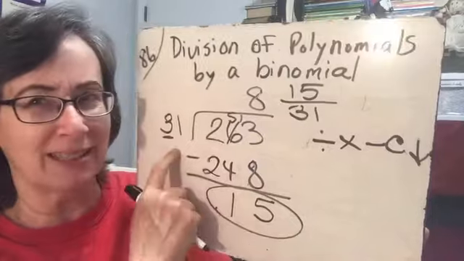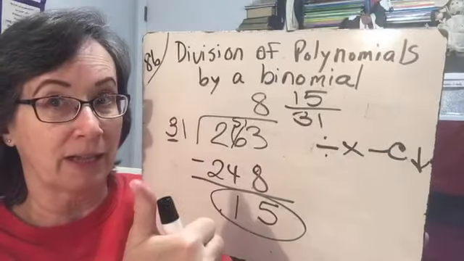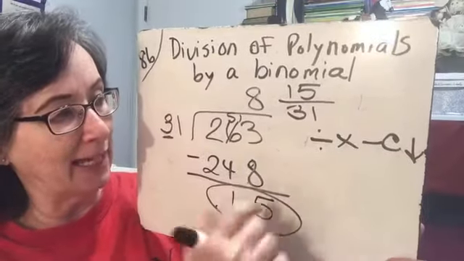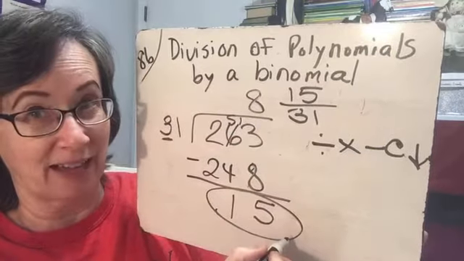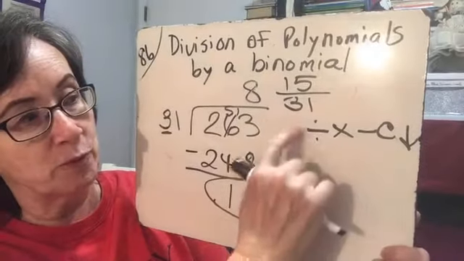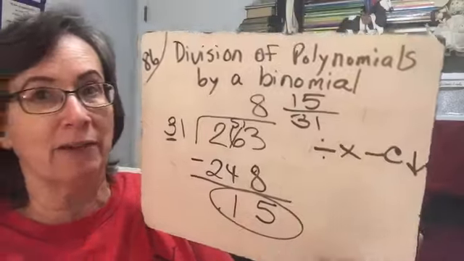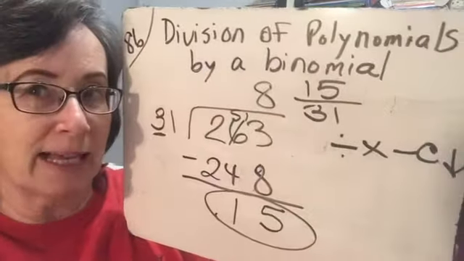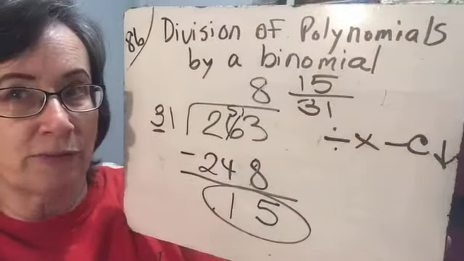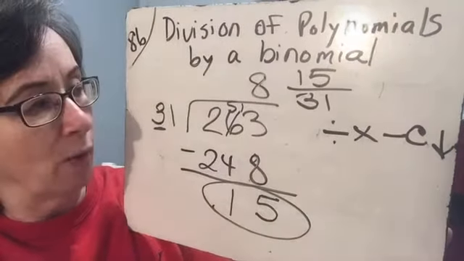So I'm always looking, did I take enough out? 15 is less than 31, so everything's good. And then I bring down the next one if I have more. And then I start back over again. So divide, multiply, subtract, compare, bring down. And I would keep on doing that process throughout the whole division. That's what we're going to do. The same thing with our